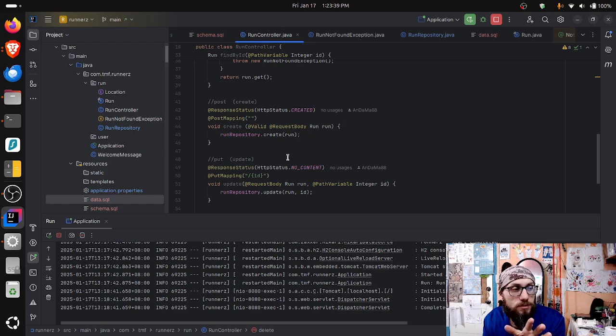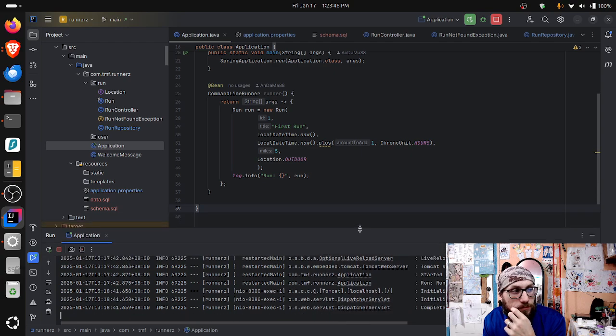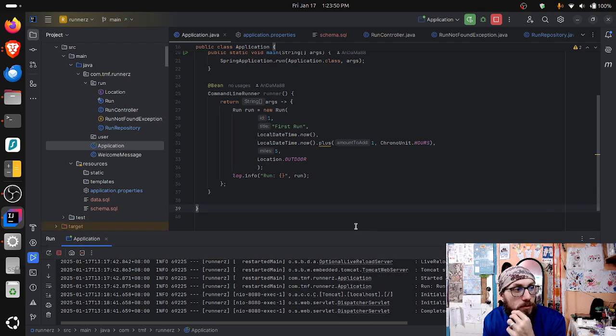No records. So one thing I want to do is come back to this command line runner. This is very interesting, because the command line runner, if we jump into it, is a functional interface that will be run after the application has started. If you're a little bit new to Java,